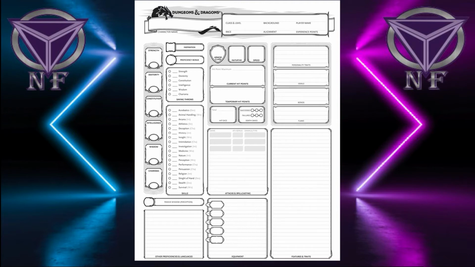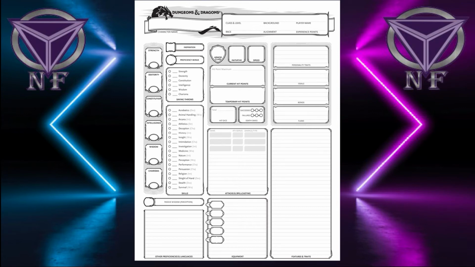So if it's not pretty much self-explanatory, you're going to need a pencil and not a pen for this character sheet, because you are going to be erasing a lot and recalculating and putting in new scores and new hit points. Underneath that, you're going to see temporary hit points. Temporary hit points are going to come from heals or buffs, boons, maybe even some higher end equipment, and essentially you're going to subtract every time a creature hits you or you take damage. You're going to subtract it from your temporary hit points first before you start subtracting it from your current hit